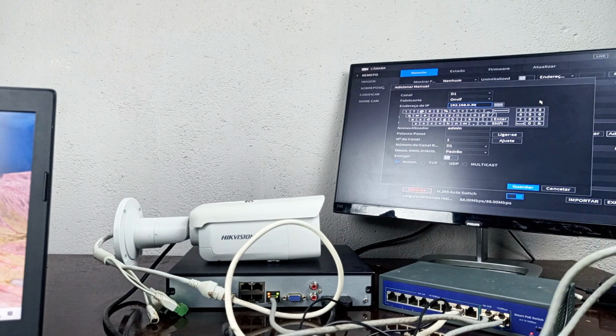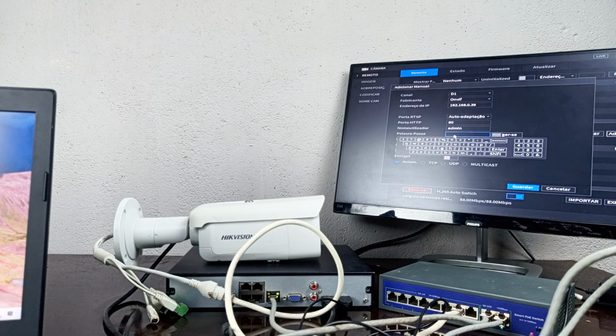The HTTP port, port 80, whatever is configured on the camera is what we should put here. If, for security reasons, we change this port to 8081 or 8080, then it is the same port we should put here on the NVR, and we will add.